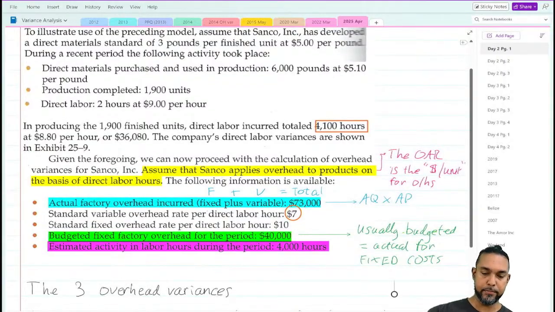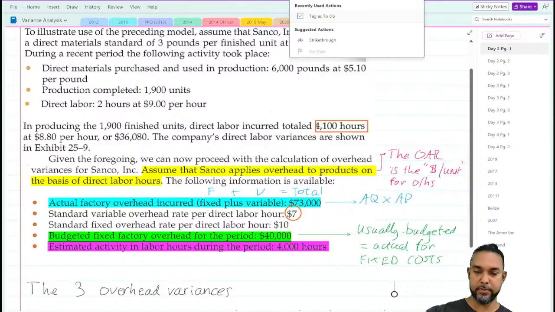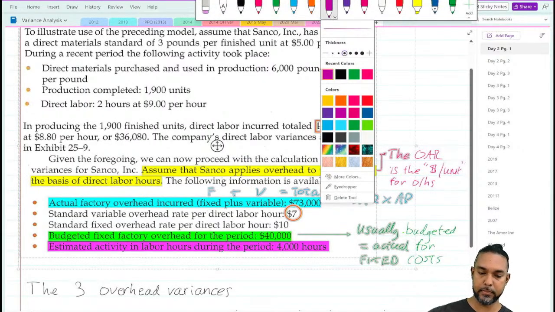So in producing, hold on. Sorry, one sec. I don't know why that keeps popping up. Yeah. So in producing